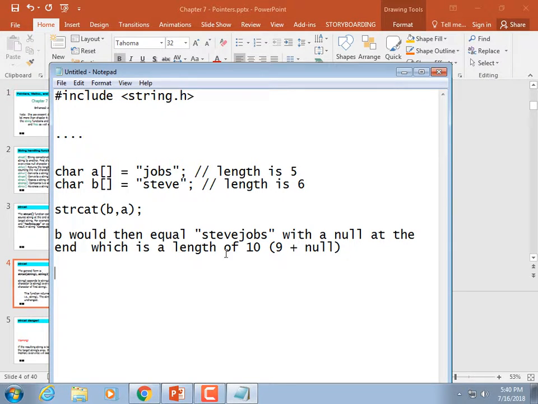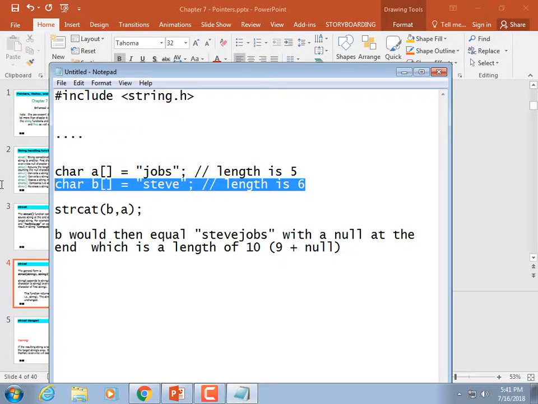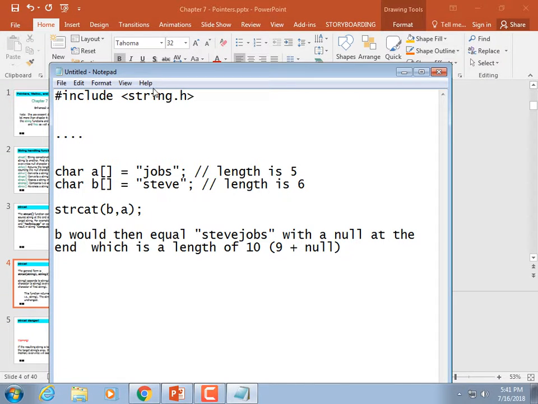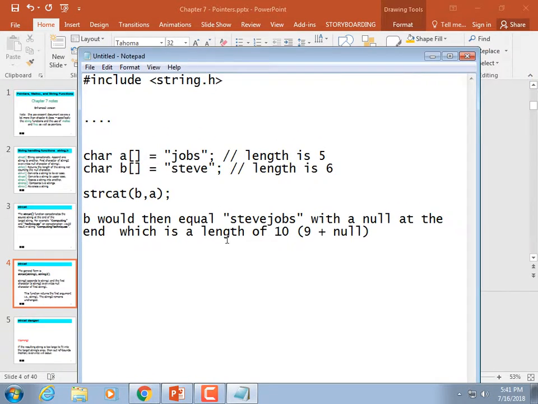Well, that's not good. We're trying to copy something that's 10 long into something that's 6. The compiler's not going to catch that. It's not going to warn us, at least I don't think it will. But it'll probably blow up. It'll probably give us an error. We could test that out if we wanted to. So the big problem with string cat and string copy is that they don't do any safety checking,